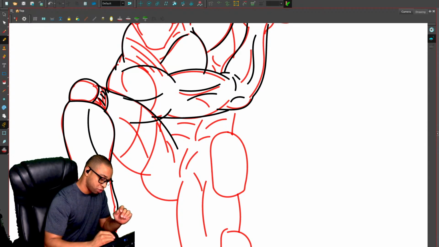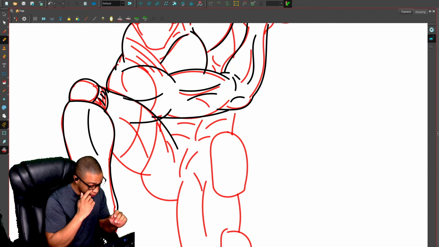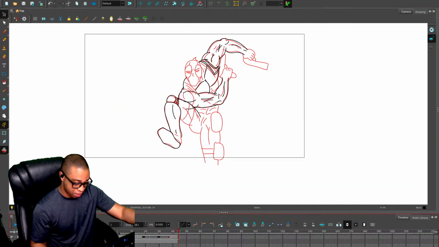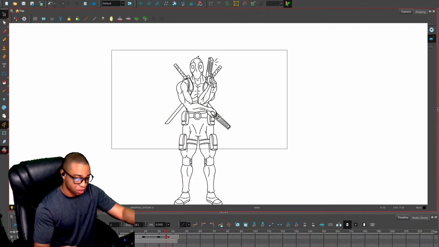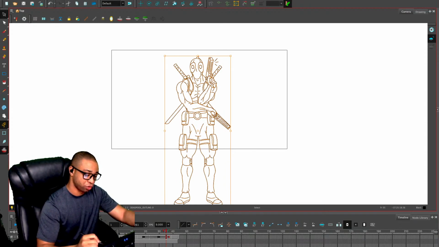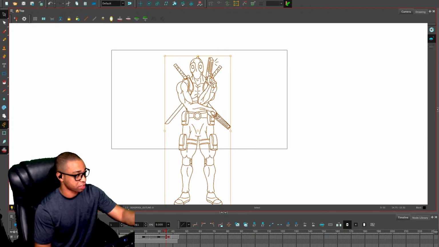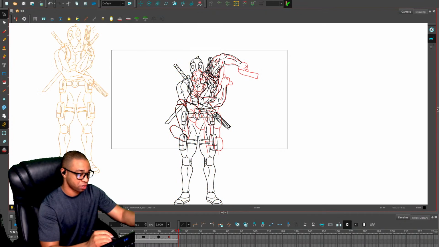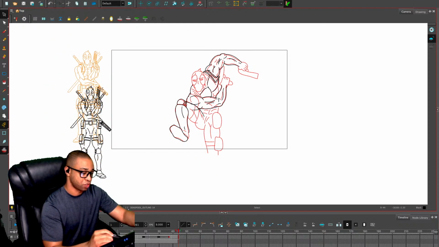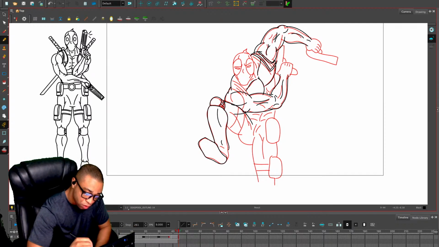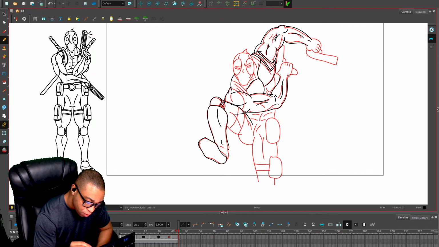And for this, I am going to do the bottom of the shoe instead of doing a more accurate one, instead of going back and forth to all these drawings. I think I'm just going to grab this one, save. I'm going to group it. Hopefully it doesn't crash, all right? Copy it. Come back to this right here. So now we can just use it as a reference for how the feet are going to look.